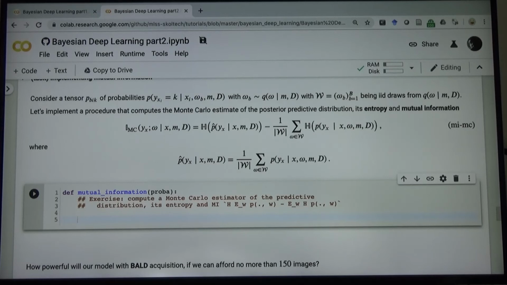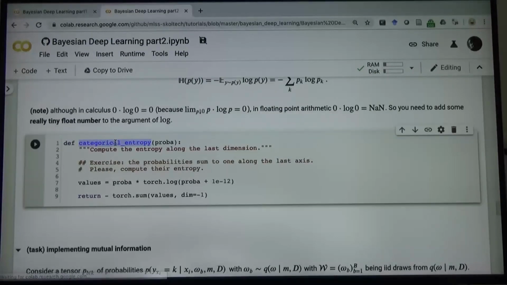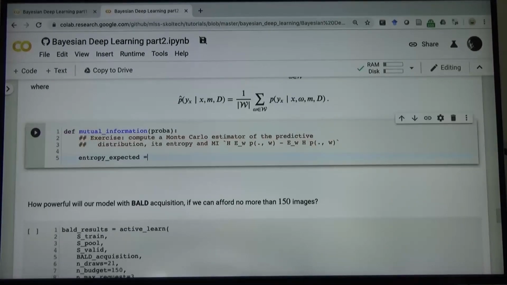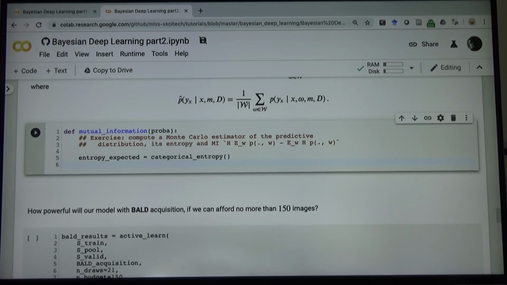Let's call it entropy expected. Okay. We'll be using this function, categorical entropy. Categorical entropy of something. And the next one would be expected entropy. Which is also categorical entropy of something. But the first line, number 5, actually, uses the averaged probability. So we write proba dot mean, just like in NumPy,